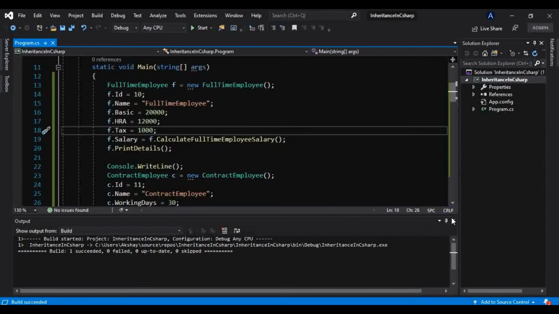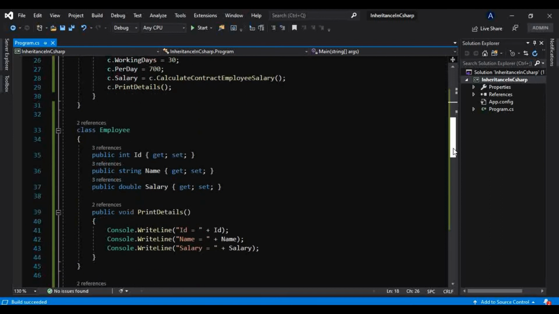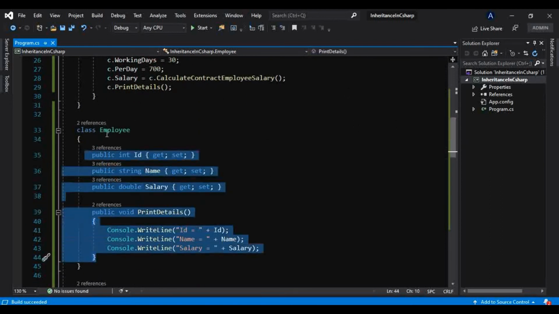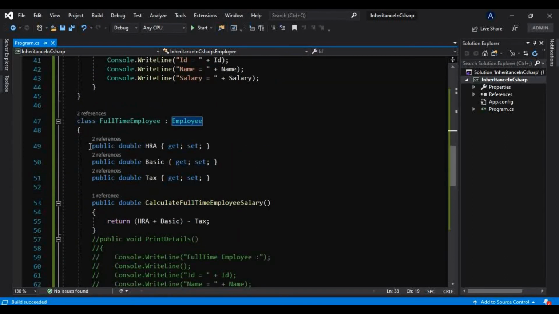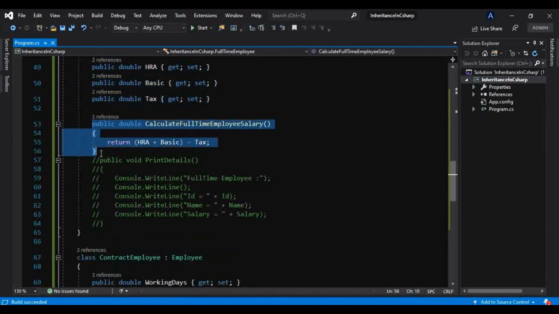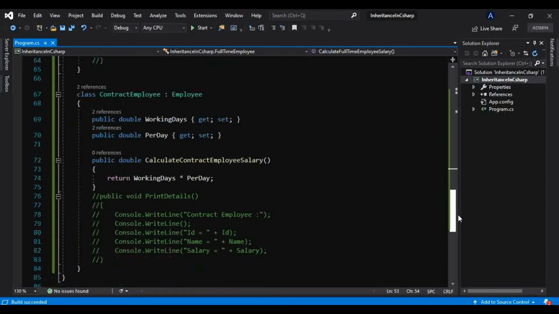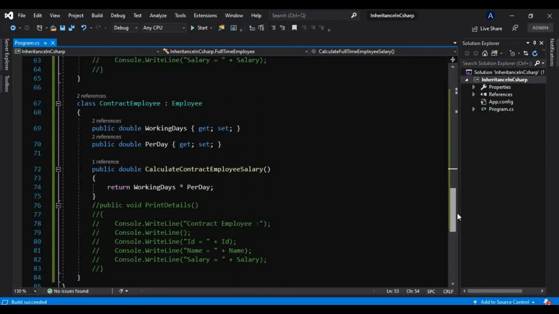And now if you have understood what is the common code between both these employees, that we have put inside this employee base class, and whatever specific code they need in their classes, that we have put in their classes itself. Okay, like this. And there is a specific method which is required by only contract employee and full-time employee as well. So this is nothing but an advantage of using inheritance, that we can reduce code redundancy here.